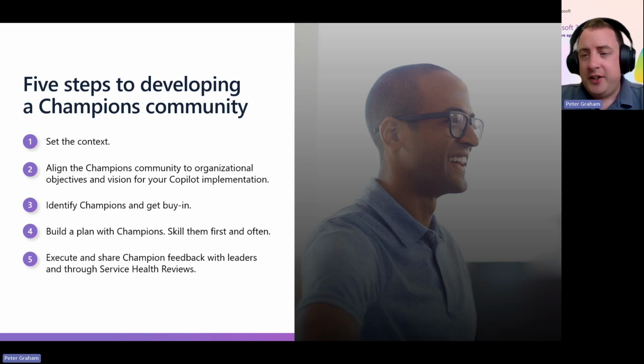And you want to pick out the people in your organization that really speak up a lot, the people that actually have that kind of influence over others. Or even those people that are maybe behind in terms of their day-to-day tasks constantly. They've always got a flood of emails, and they really need to understand how they can work better and have a better work-life balance. And then we want to build a plan for the champions and how you can help skill them up first before the rest of the organization,